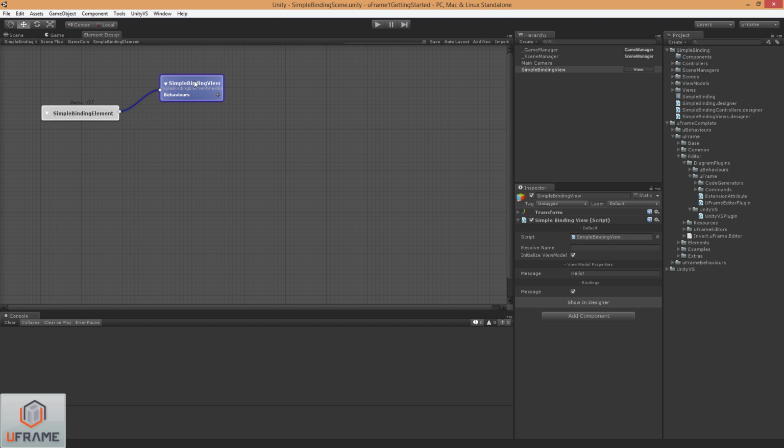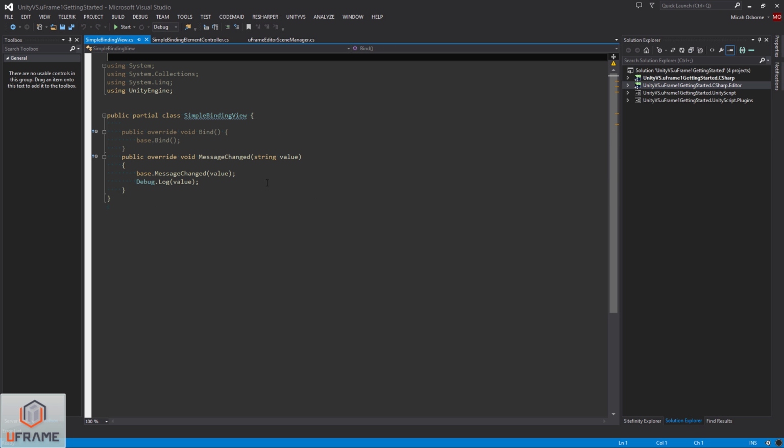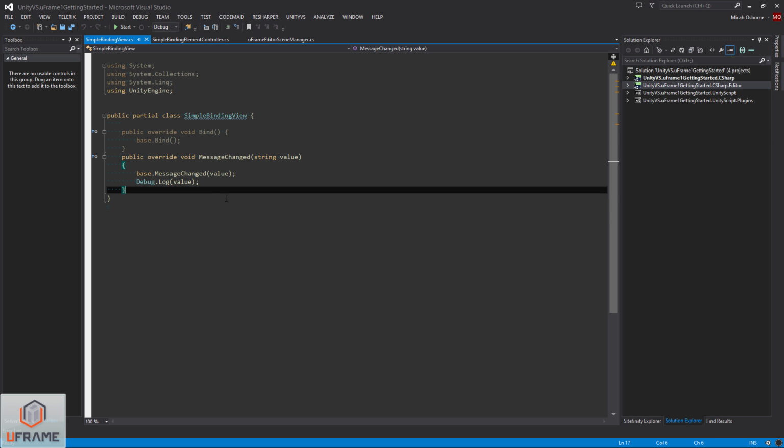So what we're going to do here is just right click on the view, go to Open, Simple Binding View. And in this view, we have the ultimate control over when the execution of change message is invoked and when